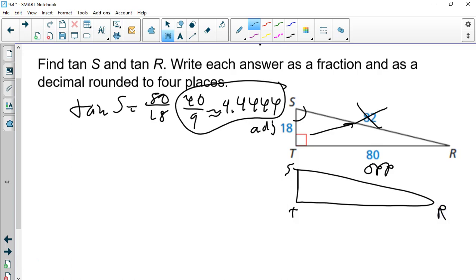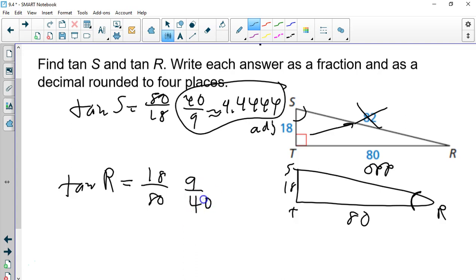And we really don't care about our hypotenuse again because we don't use that for tangent. But this time, we're looking from R, kind of in our example when we learned about the tangent ratio. So, the tangent of R, we have to say which side is way far away. Well, that's the 18 this time. And which one's right there next to us? That's RT, which is 80. Which is just going to be, this time, 9 over 40. Just the same thing, just flipped. And that works out to be approximately